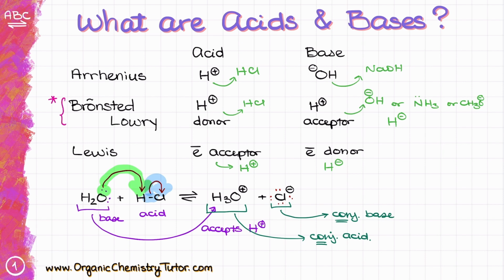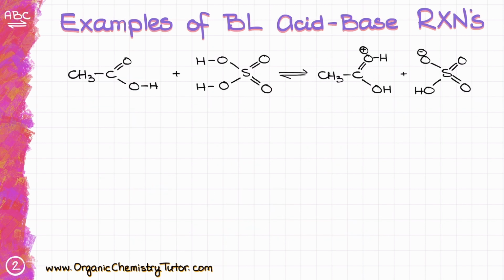But for now, let's look at a couple more examples of Bronsted-Lowry bases and acids and their reactions. So here I have an example where I have the acetic acid, the species on the left, reacting with sulfuric acid, the species on the right. And what I'm seeing is that this oxygen has accepted a proton from sulfuric acid, which used to be sitting over here, which means that if I wanted to draw my curved arrows to account for this transformation, I would